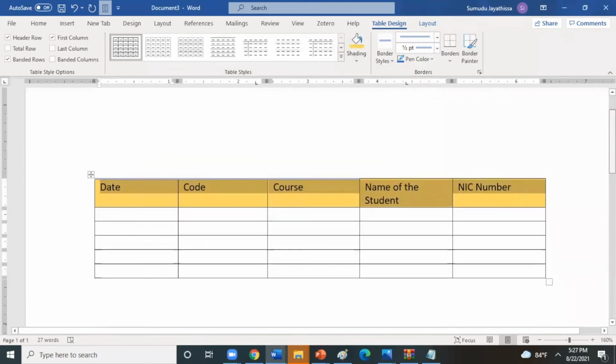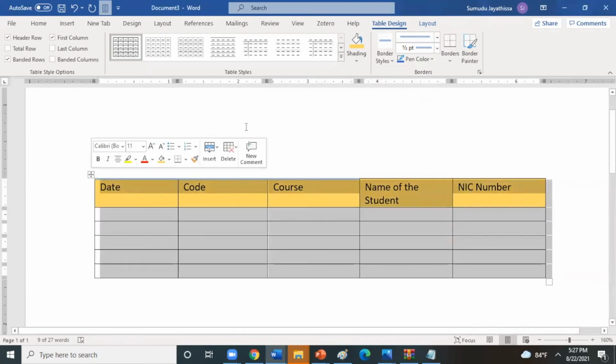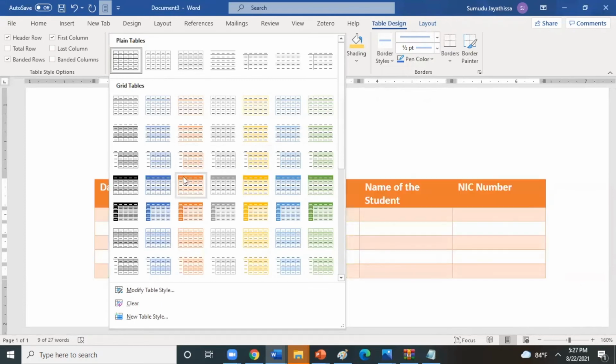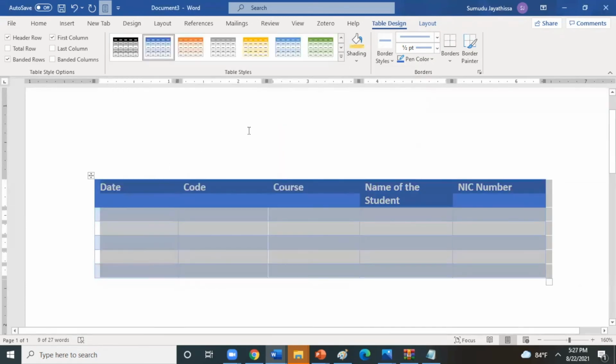And moving on, the table styles, if you want to get a style, you can select from here. There are so many patterns of table grids you can select.